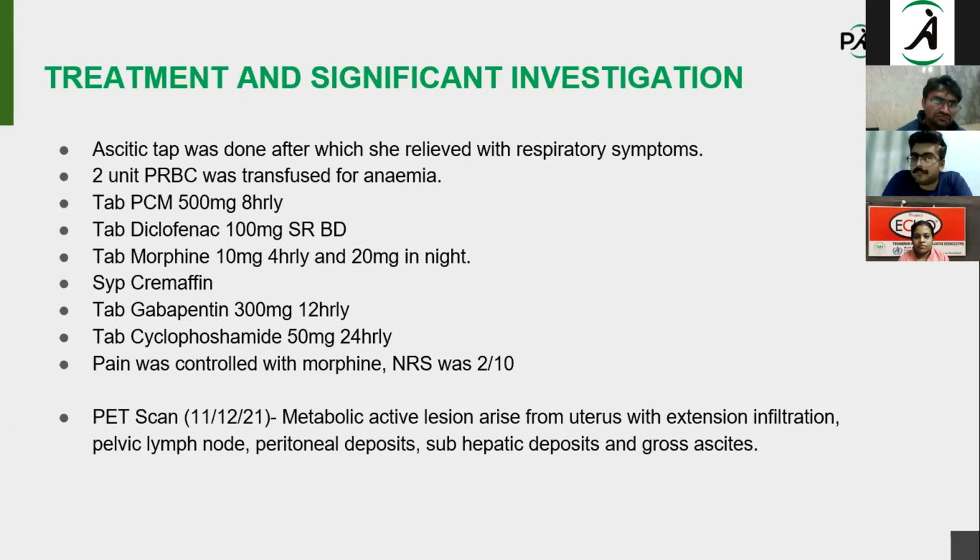Another thing would be diclofenac, NSAIDs. You told that she was having an Hb of 5, I remember, right, when she came in. So why did she have anemia? Did she have bleeding or something, or is it because of the disease? I think, sir, it's because of nutritional deficiency, because the patient was not able to eat much. Yeah, and especially she had a hematoma before, so I was just wondering if there is any bleeding.